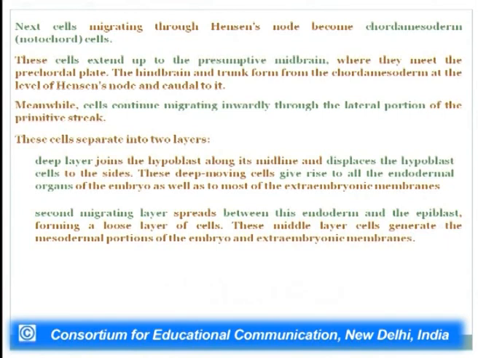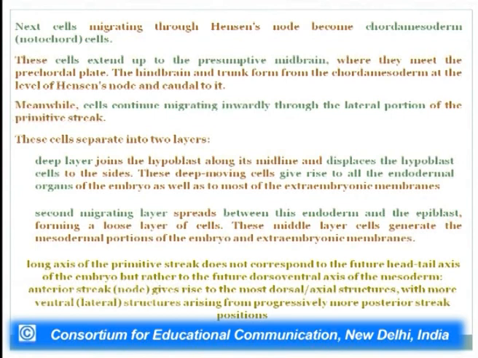So, what is happening anteriorly is also happening laterally. So, at the sides of the primitive streak, from where the lateral migration is occurring, one layer goes deep inside and displaces the hypoblast and they will form the endodermal organs. Another layer goes inside but doesn't go so deep and lies in between the epiblast and the endodermal layer, and that forms the lateral mesoderm and gives rise to the mesodermal structures and